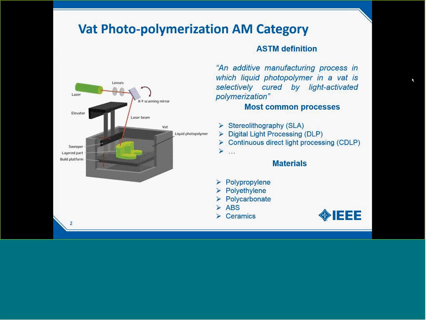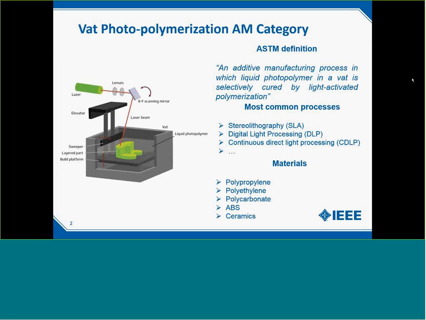We have seen the presentation from Roberto. In the ASTM classification, vat is one of the 7 categories included there. But inside the vat itself, depending on the process, we can find names like stereolithography, which is familiar, and digital light processing, continuous direct light processing. But just to explain the concept, maybe we can start with the SLA, which is the picture that is included